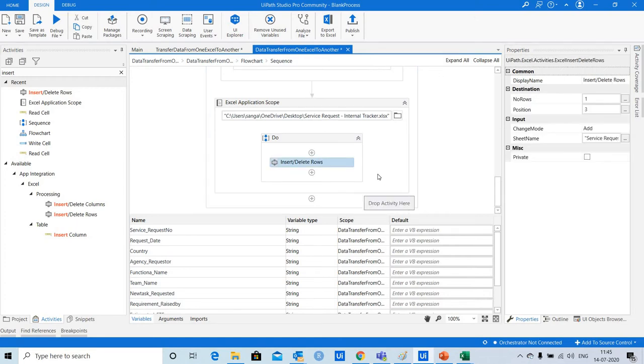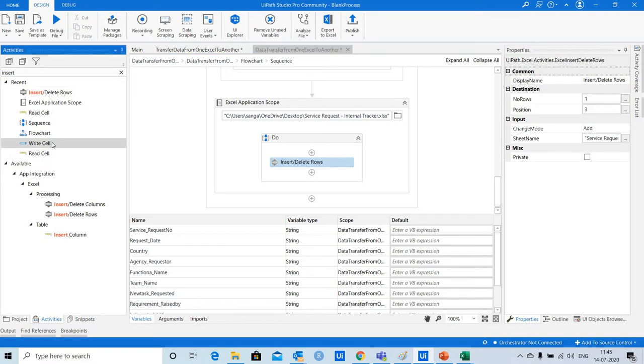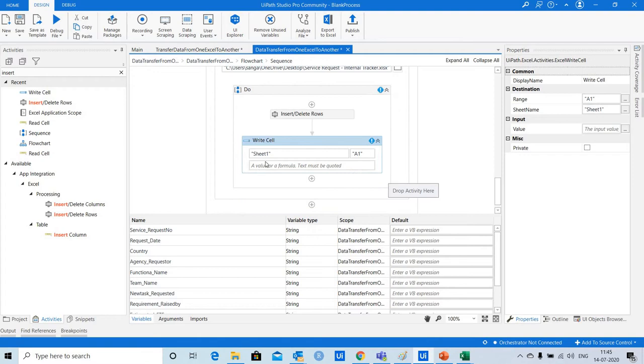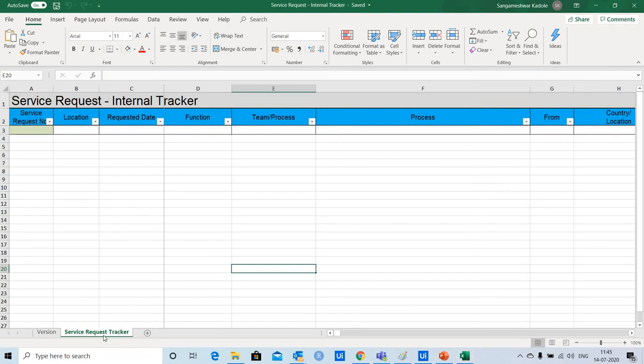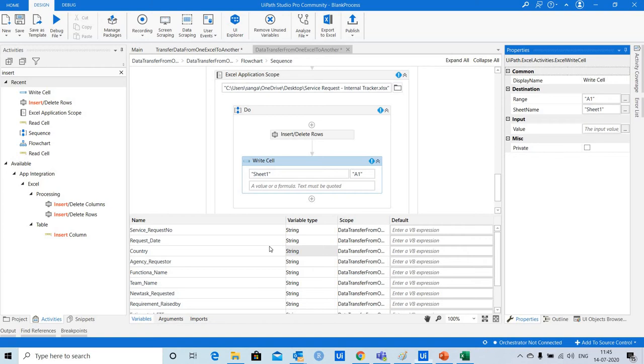So the next activity will be writing the data captured from the input file. So I am going to use the write cell activity after this. So here, let me close this input file, and then let me copy this sheet.